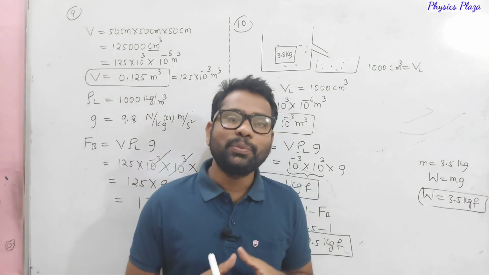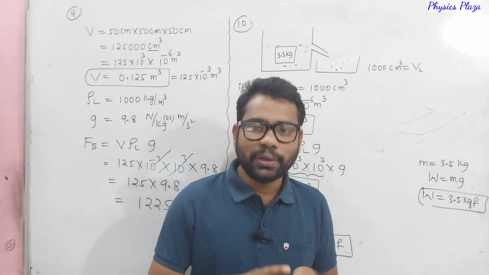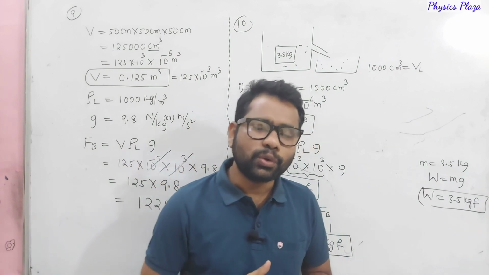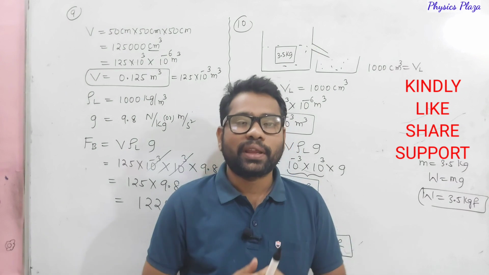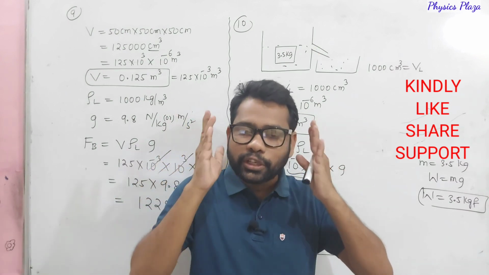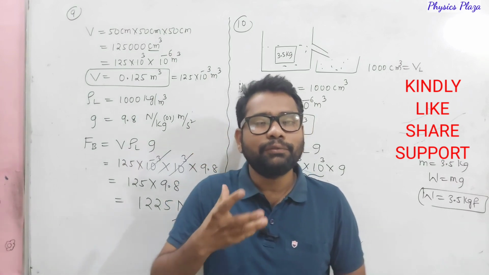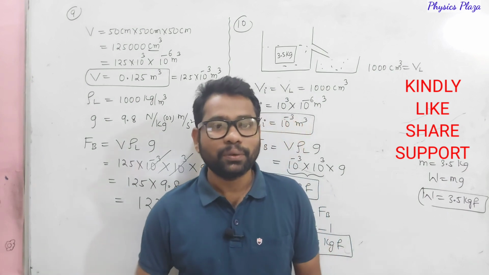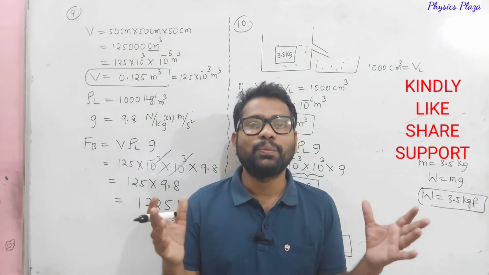So children, these are the numericals based on upthrust. Once again I am telling you, it is not that simply reading the numerical, selecting or just recalling the formula and putting the values. It's not that. Try to read the question once or twice. Try to understand the numerical and try to visualize it. Try to visualize means, whatever numerical you are reading, try to make a rough diagram so that we will get full clarity. Then obviously we will get any type of numerical. Children, just for this you need practice. If you practice, obviously you can do